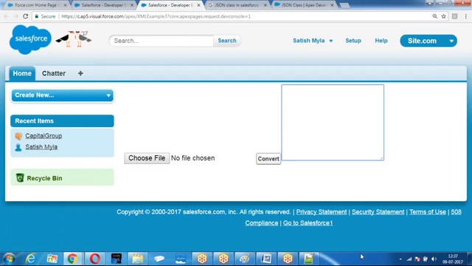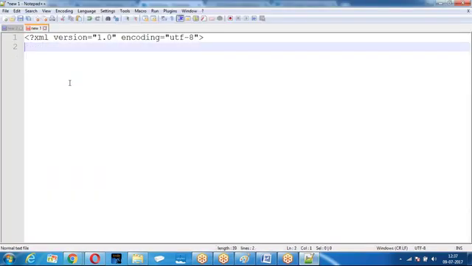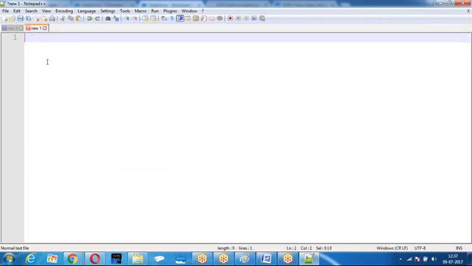So first create an XML file. Same old file that I have given.